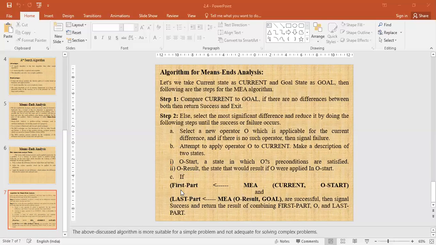So first part, then MEA on current and O-start, and last part, MEA on O-result and goal. If these are successful, then signal success and return the result of combining first part, O, and last part. Okay, so thank you so much.